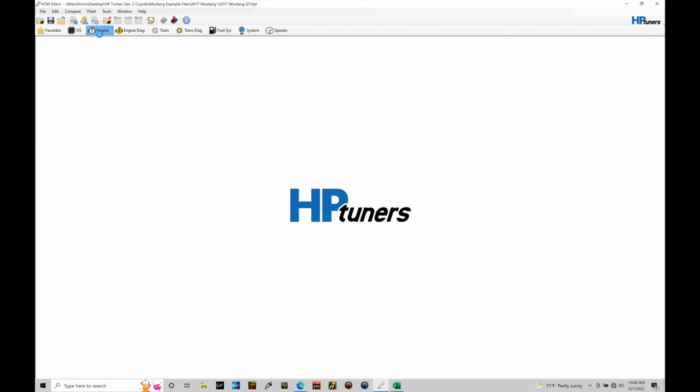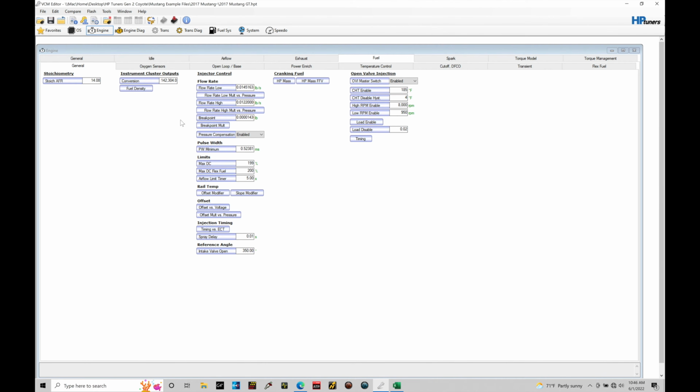Okay, let's jump in here to our engine tab. And just as a hypothetical, let's go under our fuel, under general, and grab the injector control area. Under our injector control, this is going to be everything related to our injector programming. So these bits of information make up all of our injector data. Now we're going to have a separate tutorial talking about injector data, so don't worry if that seems overwhelming at this point in time. Just understand that if we want to bring this information from our file into another file,